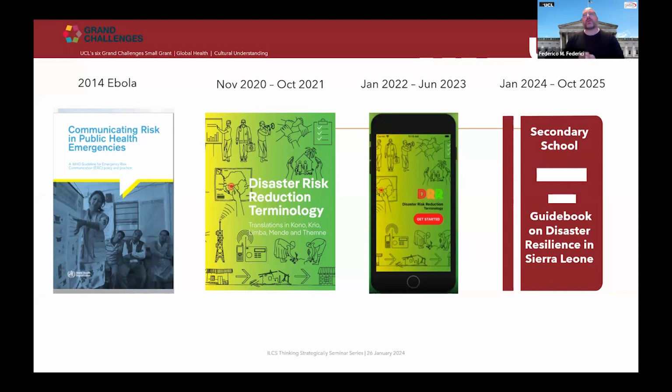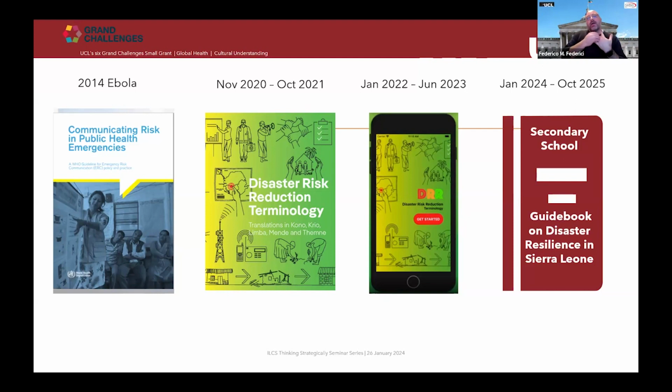But that wasn't enough, because not only low literacy level, but also the fact that some of these languages are spoken merely orally and primarily orally, it meant that we needed to have something more. So in 2022, we continued by creating a terminology that could be used as a mobile phone app, online and offline. And then now, what we're starting from this month and going forward for the next 2 years is also